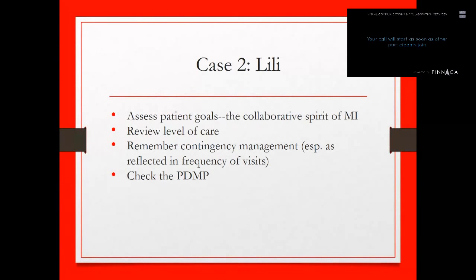What are you finding useful about continuing to use cocaine? And if Lili says, well, I actually really would like to put it aside, how can we help her do that? So one way to do it is by letting her know that if she was able to get abstinent from cocaine, she'd be able to get more control over her buprenorphine. She'd be able to have a longer prescription than weekly, or she'd be able to see her addiction counselor less frequently. And then also we could talk about levels of care. Maybe it would be useful for her to get some addiction counseling more frequently than just once a week.